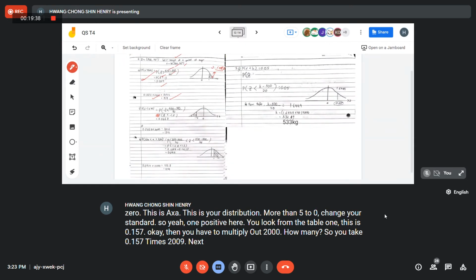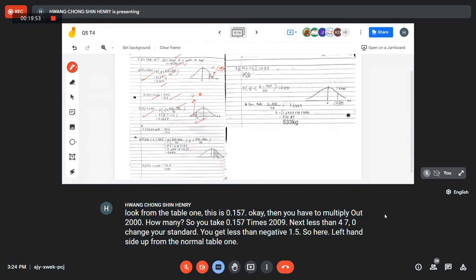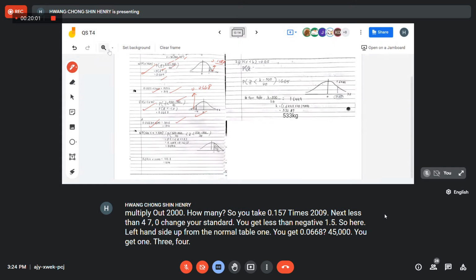Next, less than 470. Change to standard. You get less than negative 1.5. So here, left hand side, from the normal table 1, you get 0.0668. Multiply 2000, you get 134. And part C,